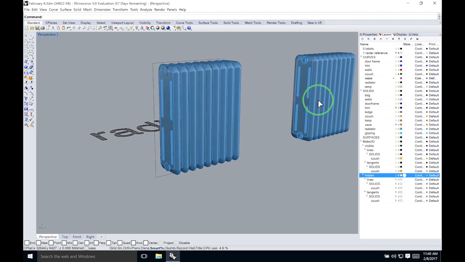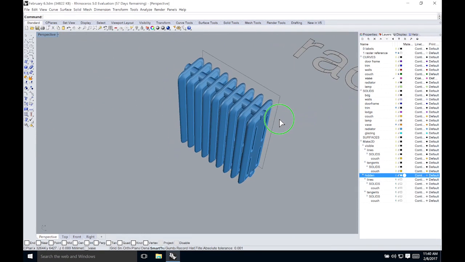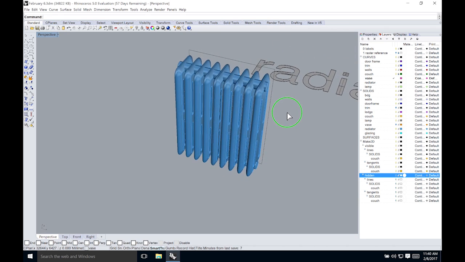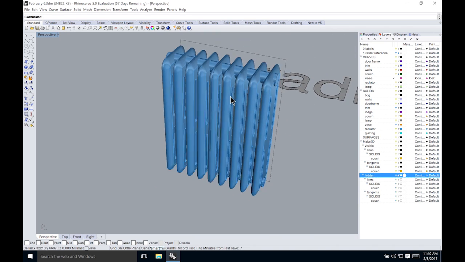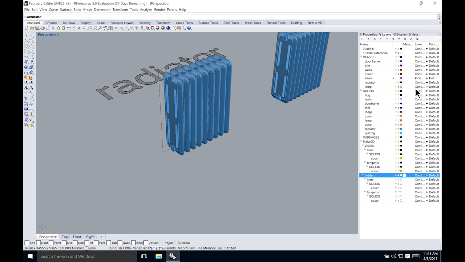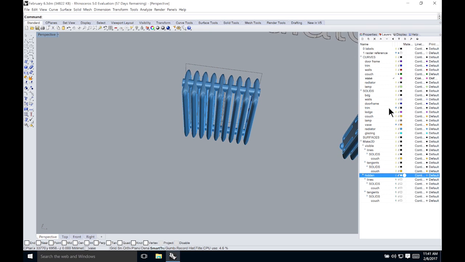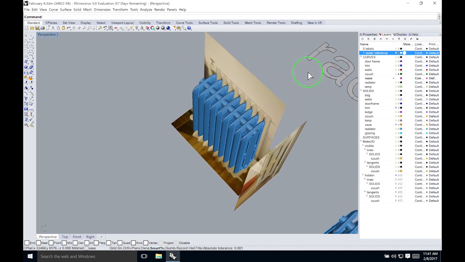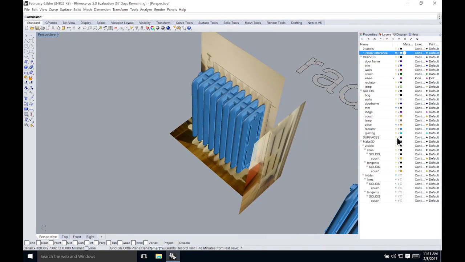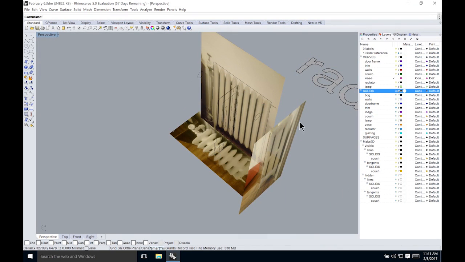So this is also not quite finished in terms of the detail I could add to it, or in terms of the reference I was using, but basically to just turn on these pictures, what I did, and I'm going to hide my solids for a second